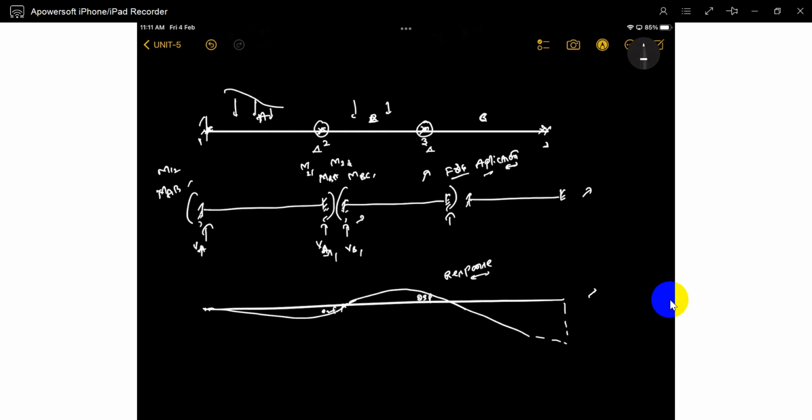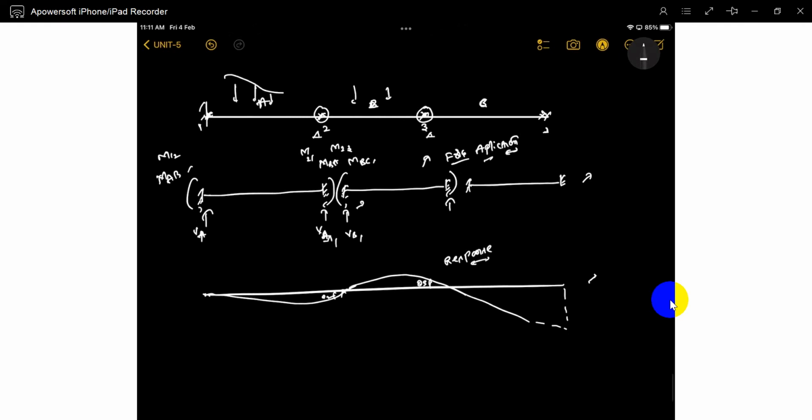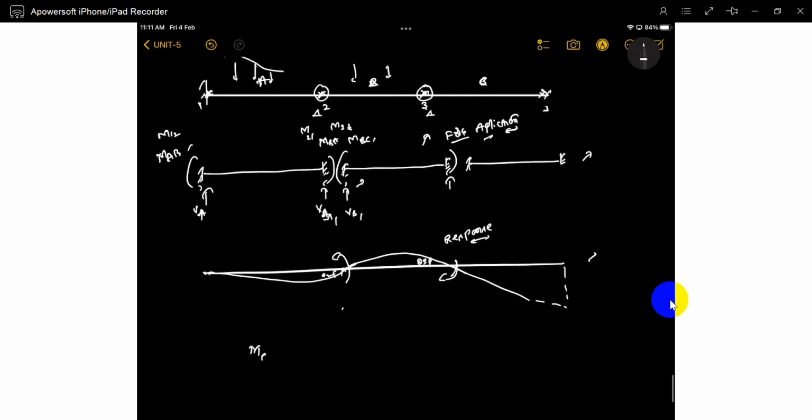Everything is released. By the release, how much force is generated, how much responsive force is generated? Can you calculate it? We calculated it like this, some value for this, for this another value. So we generated 4EI by L, 6EI by L. We generated. Later we write it. MAB final moment is fixed end moment plus